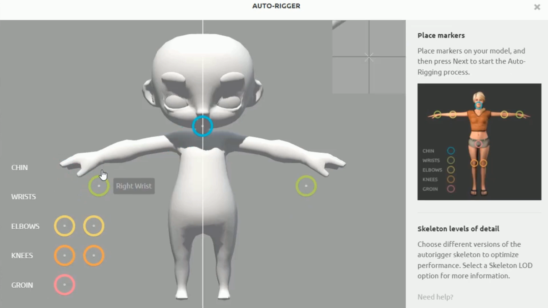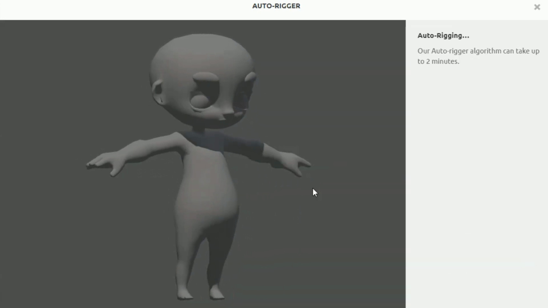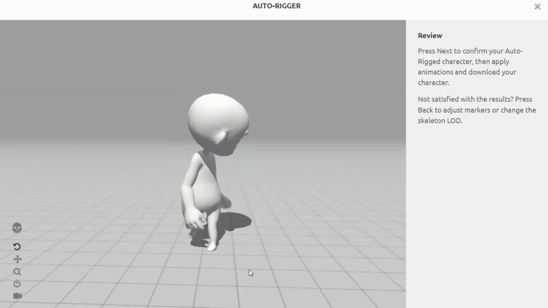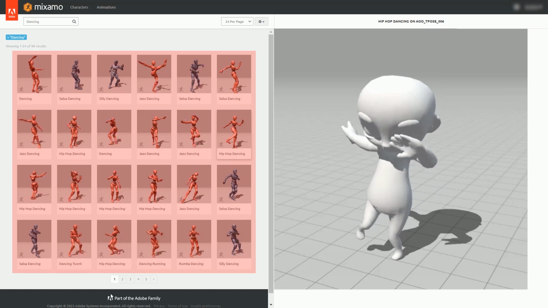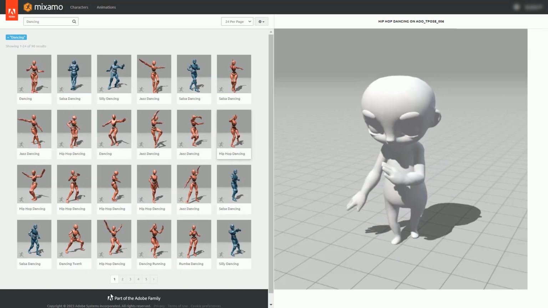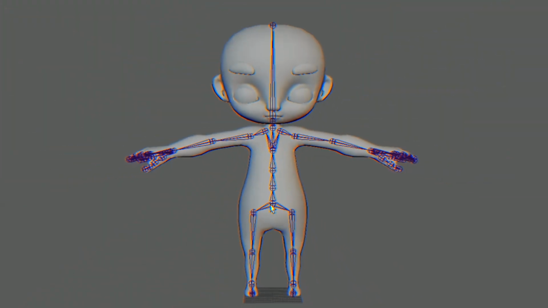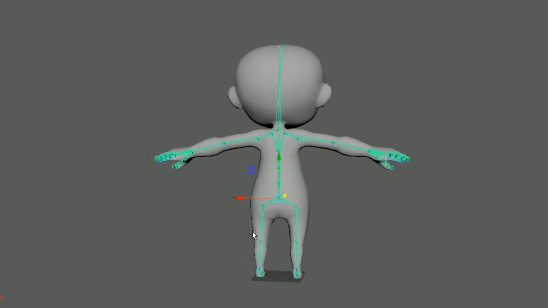And just like that, here's the character. Now it's doing its thing, and voila! It's been animated in any way you can imagine. Just choose the animation from the library, and it applies it to your character. Oh, I loved it. But still though, after that I had to paint the weights and adjust the bones manually,